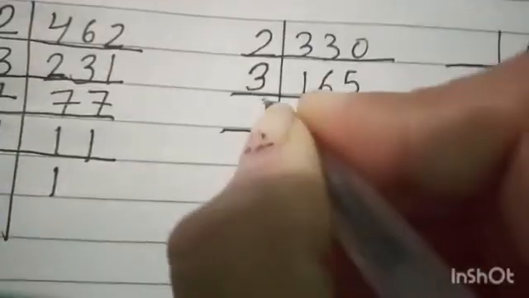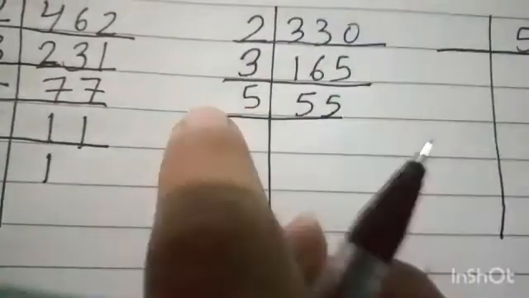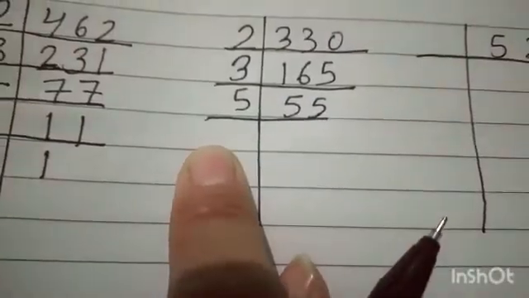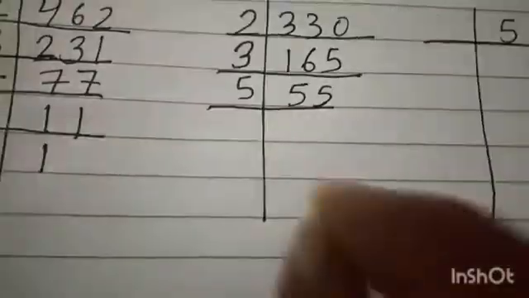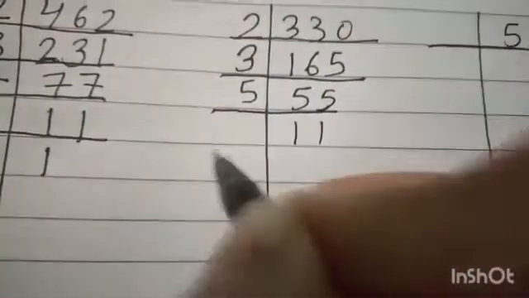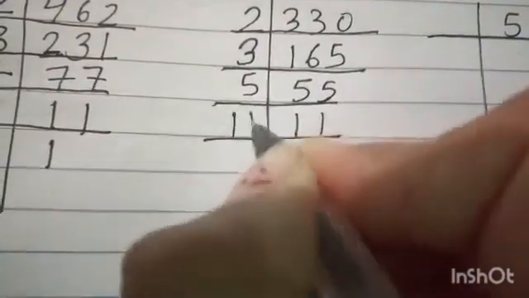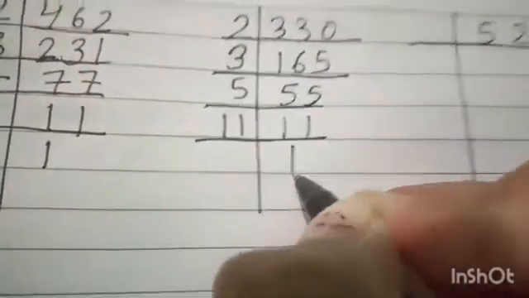Now as 7 can divide 77, in the same way we can easily divide 55 by 5. 5 is also a prime number. We have to write a prime number here. Always keep in mind, in that series we write the least possible prime number. So 5 ones are 5, 5 ones are 5. Again if I divide that by 11 I will get 1.